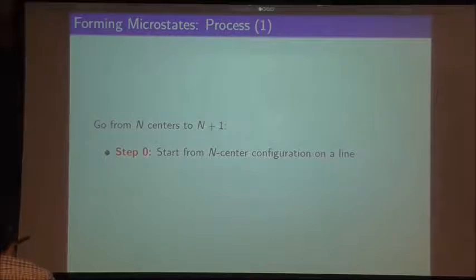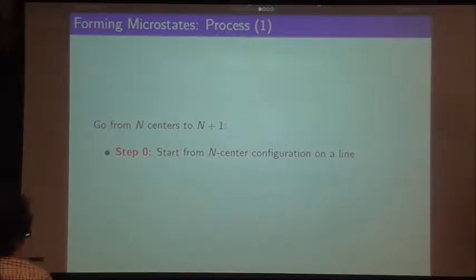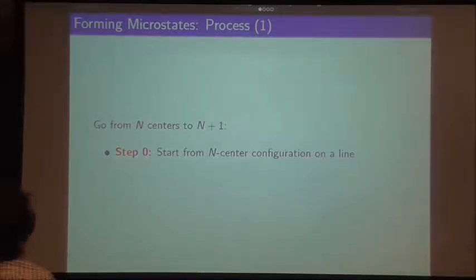We're going to divide this process up into many steps, right? We're going to incrementally make a new bubble every step. So in an intermediate step, we're going to go from having n centers to adding a few branes and getting a new center out of it, from n centers to n plus 1. Our starting point is a background with n centers. We're taking them for technical reasons on a line, because it's much easier to write down the solution if all the centers are on a line.